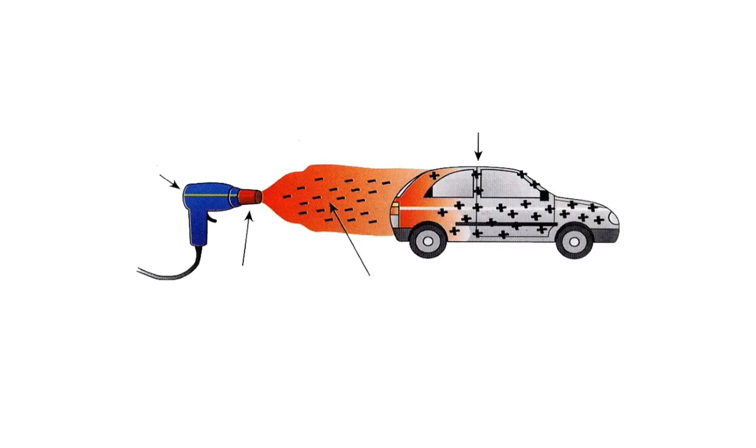How does it work? In the diagram you can see a color spray gun. One end of the color spray gun is connected with a source, and the other end of the color spray gun is connected with a small nozzle, and the spray gun is made in such a way that it produces very small charged particles of color,